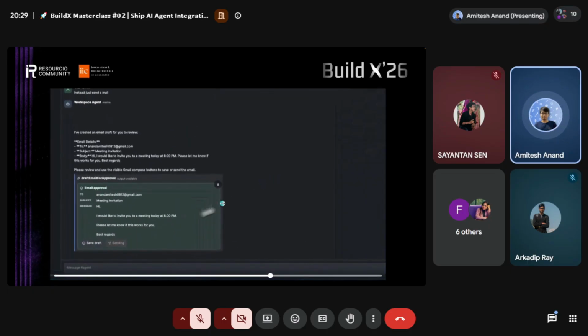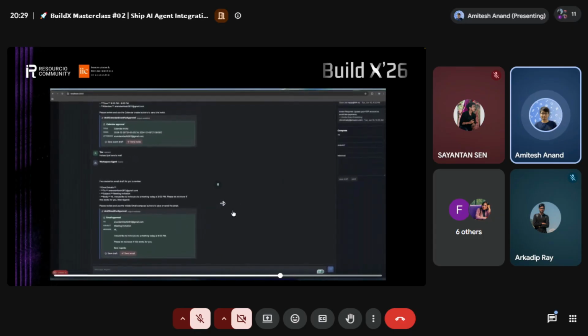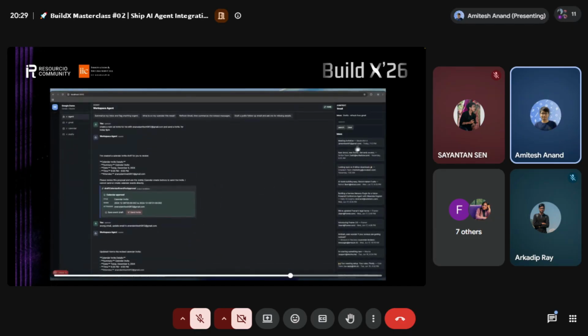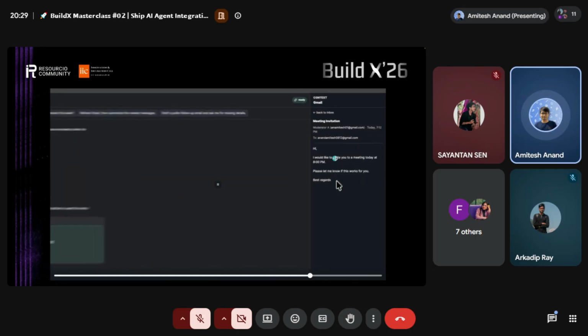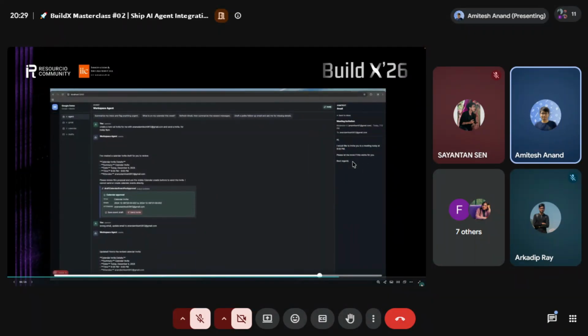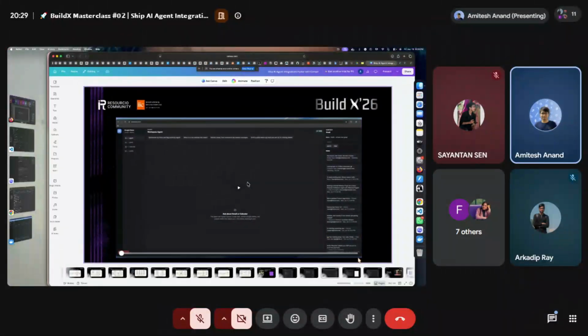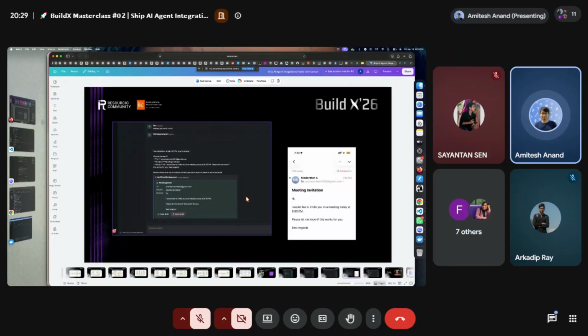It's creating mail for me as well, and later I will ask it to send it. So as you can see, it sends a mail something like this. And I also got the mail. So as you can see, I have sent mail from the agent and I got the mail response here. I don't have to leave my agent chat. It took care of the writing part and the sending part as well for me.